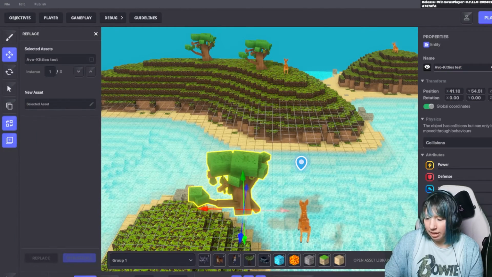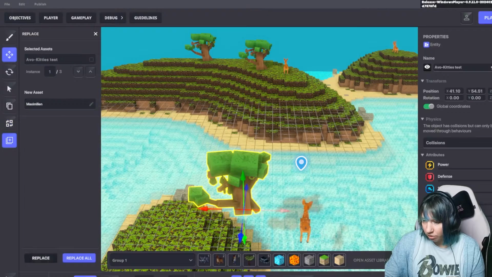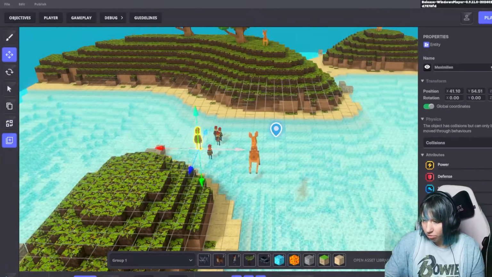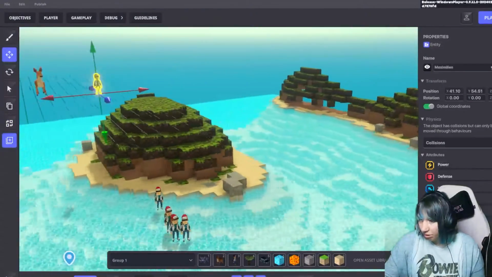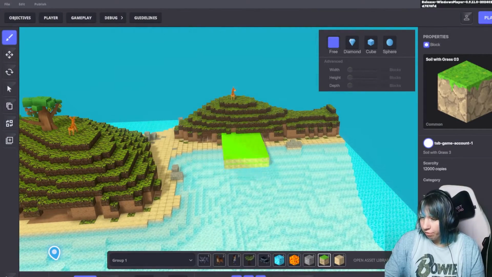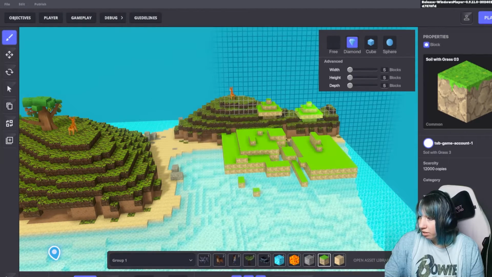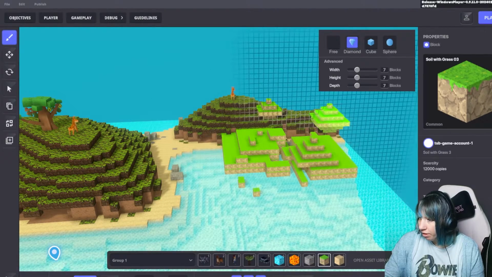So we select the asset we wish to replace. We want to replace it with max. Just replace that one. We can replace all, or we can replace just that single one. For terrain, you can do freehand, do diamond, shapes. You can change the width, height,